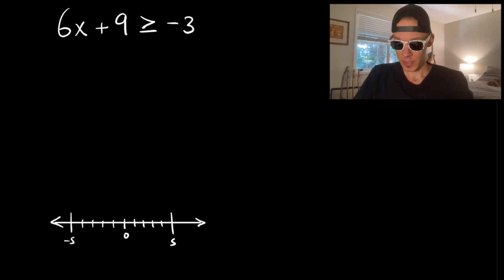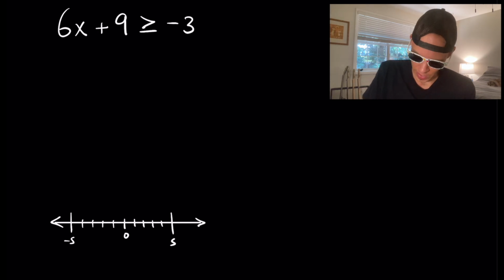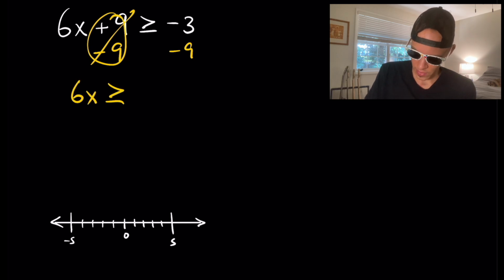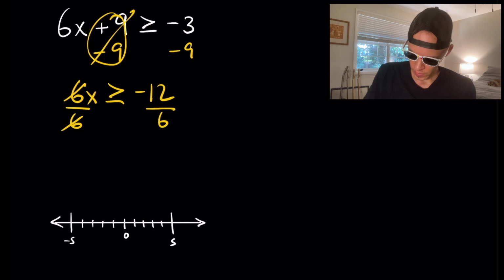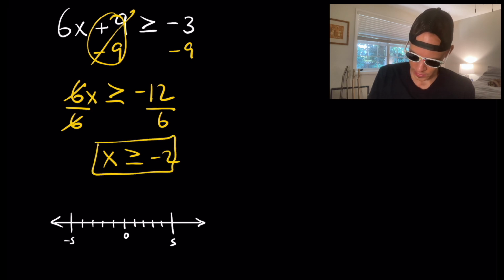All right, 6x plus 9 is greater than or equal to negative 3. So again, just treat this as a two-step equation because that's what it kind of looks like. So I'm going to subtract 9 from both sides. Those will cancel. I'll have 6x is greater than or equal to negative 3 minus 9 is negative 12. Go ahead and divide both sides by 6. And then we'll get x is greater than or equal to negative 2. So there is our